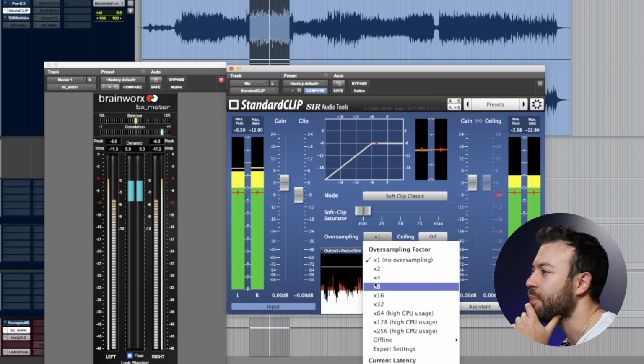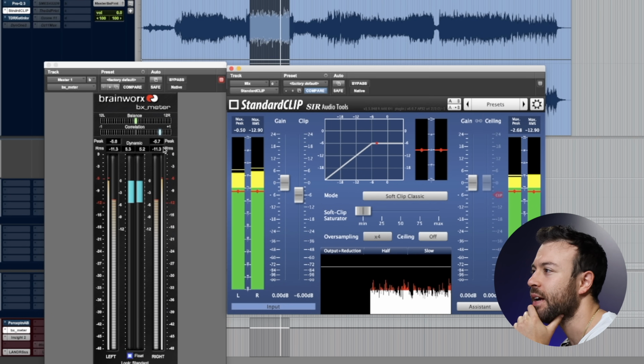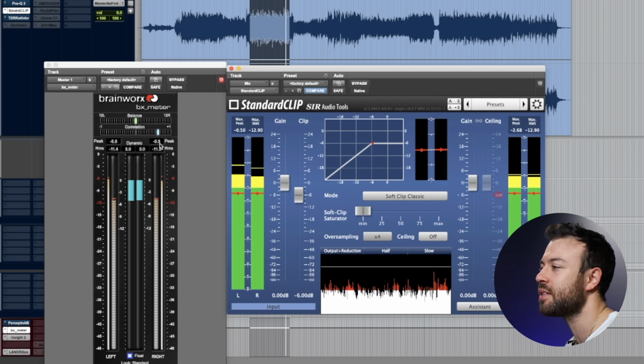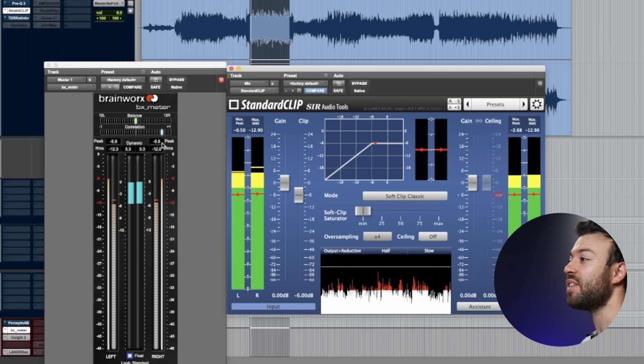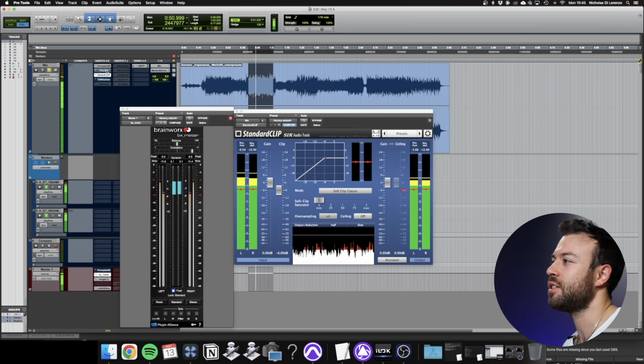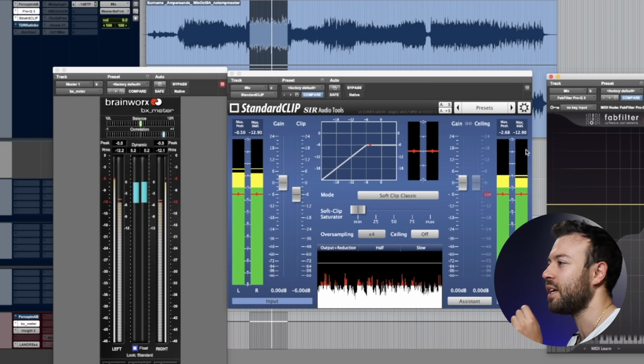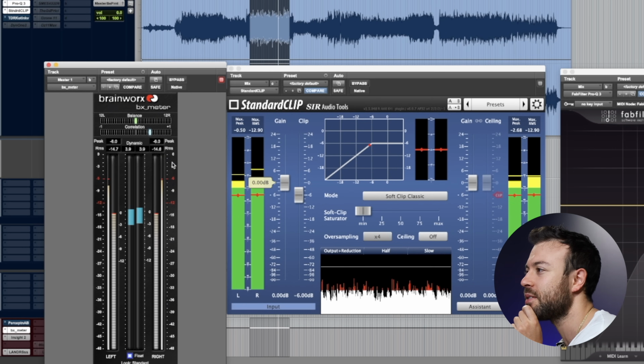Now let's have a look at what happens when I enable oversampling. Alright, now we're starting to get some peaks over 6. 5.5, that's half a decibel louder. What if we put a low pass filter before the clipper? This is where we can have a bit of fun. What happens to those peaks when they're oversampled? Perfect, it disappears. So what this actually shows is that oversampling is introducing new samples in the high end when the peaks have a lot of high end information.